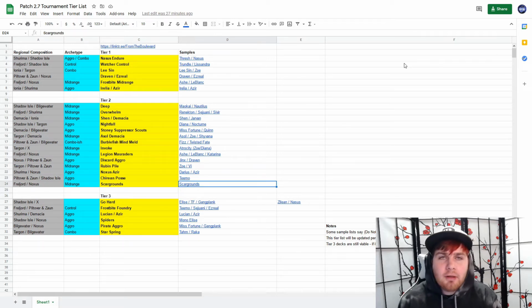Maybe even Scargrounds, another new addition to the tier list, something that I meant to put on a while ago, but more and more Scargrounds is just getting more and more counter matchups in tier 1. Obviously, always did very well into Trundle Lissandra, does pretty good into Thresh Nasus, and now, of course, does pretty well into Aurelia Azir as well, because Scargrounds gives you permanent blockers on the blades because